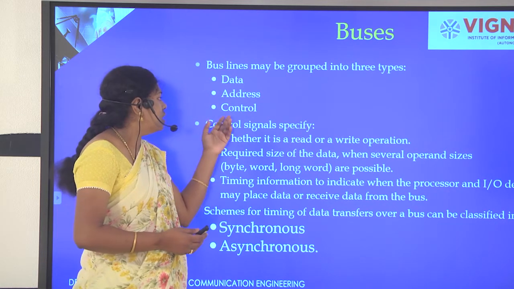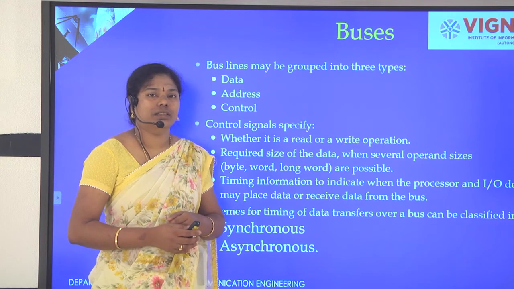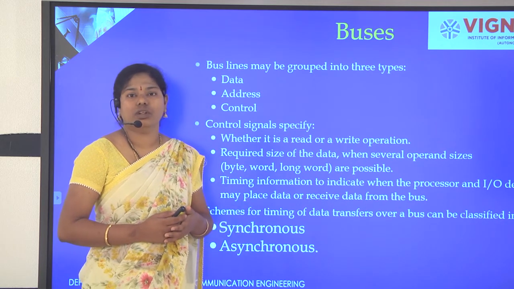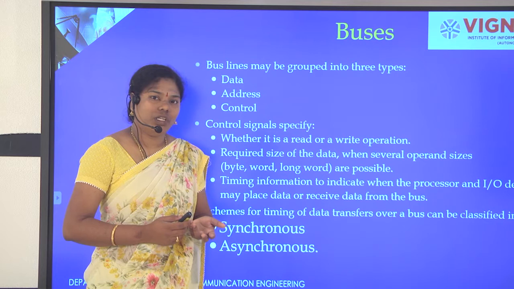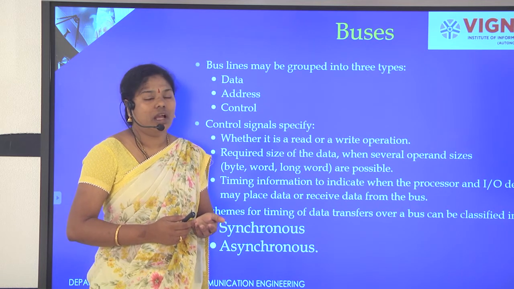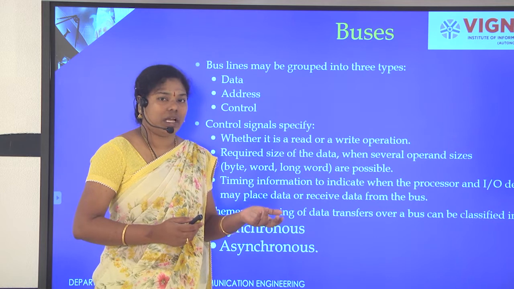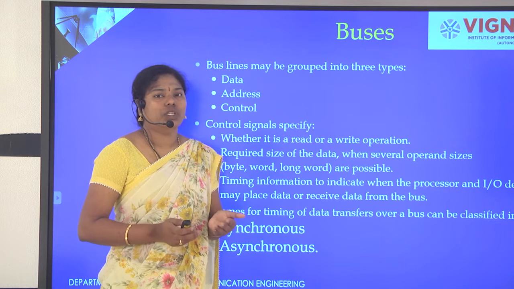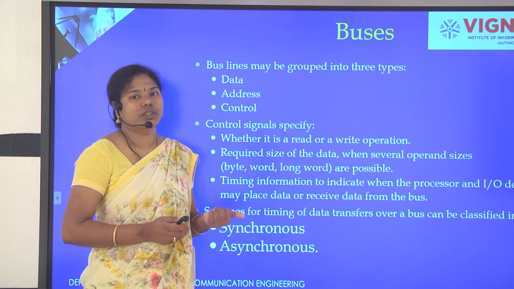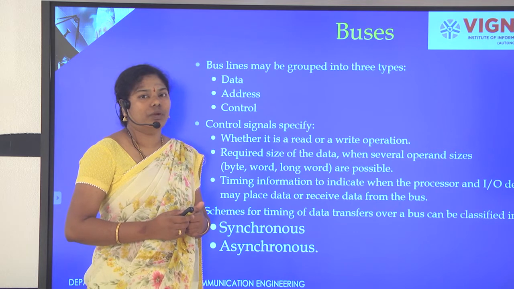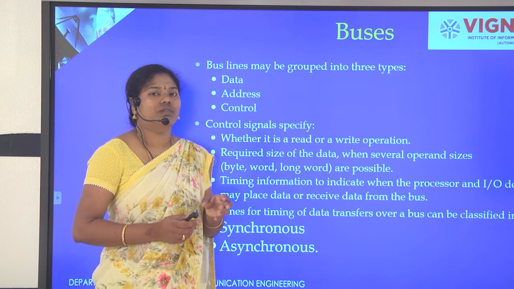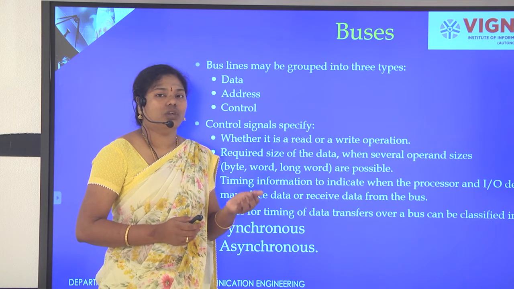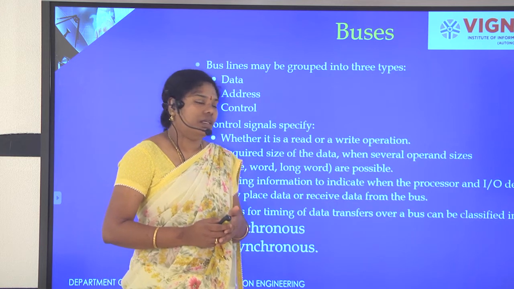The next thing is control. Control is nothing but control signals. If the processor wants to perform a read operation, it asserts the read control signal. If the processor wants to perform a write operation, it asserts the write control signal. At the same time, which interrupt device has to be accepted and which IO device has to receive, all the operations are under the control of the control signals, and this will be performed by the processor. The processor will take care of which device has to be accepted first and which next. All the control activities are controlled by the processor.